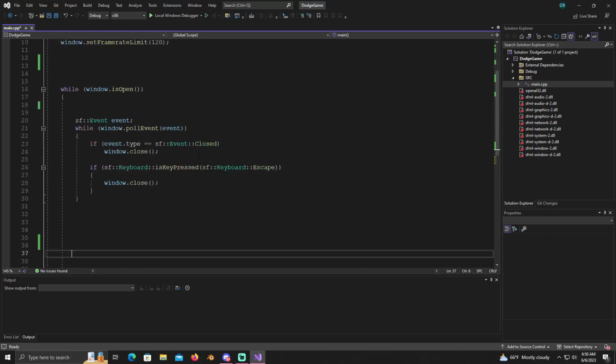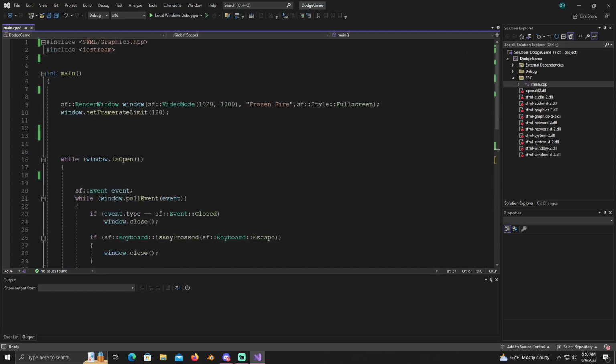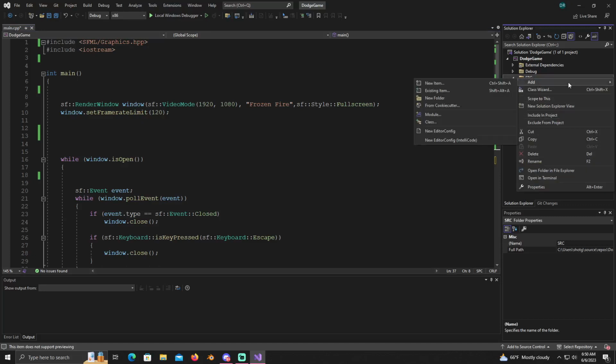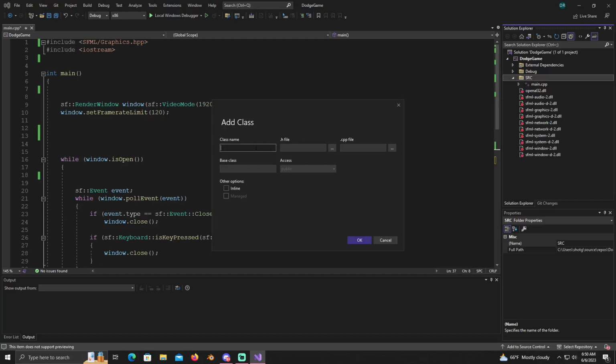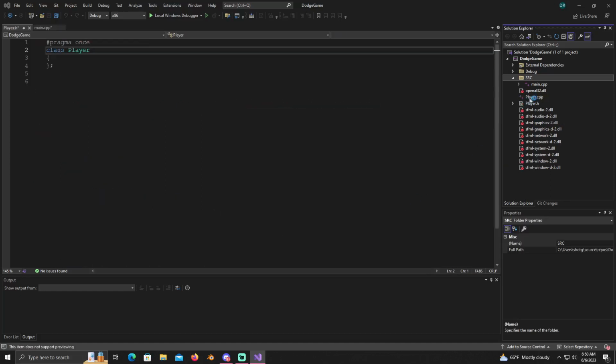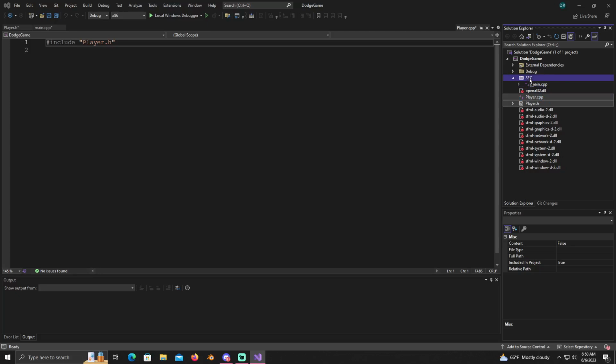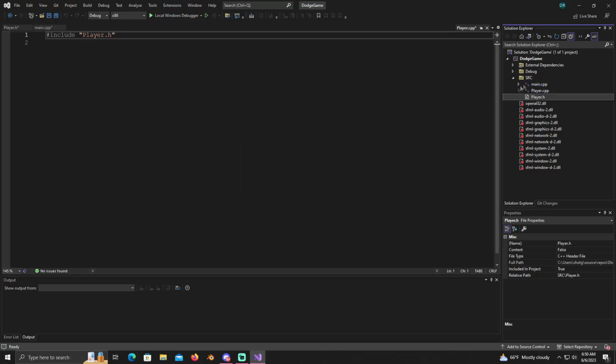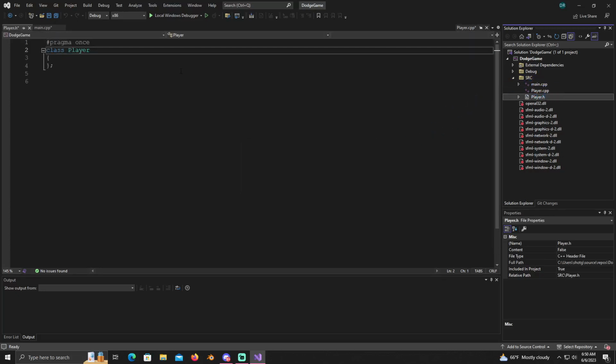So if you have to pause this to look at it for a minute, just go ahead and do that, but I'm going to go ahead and get started by adding a new class completely. I'm going to name this Player. And because of the way I set mine up, Player never goes into my folder, so I'm going to go ahead and drag this in here. Alright, so what our player is going to need